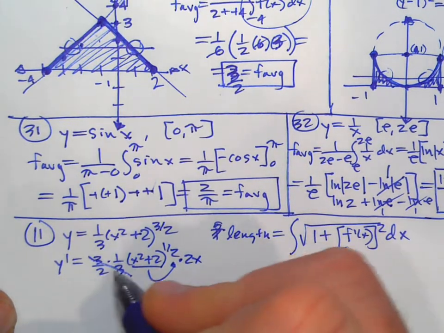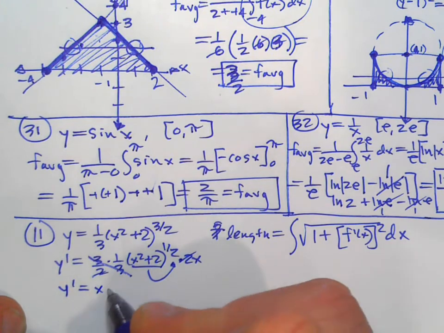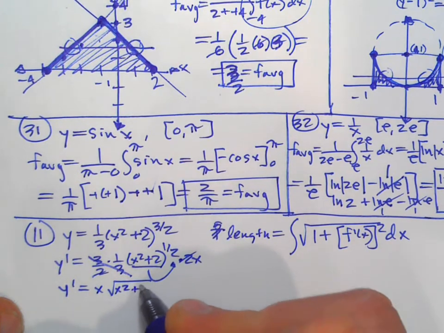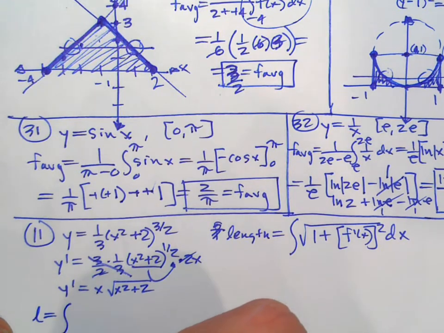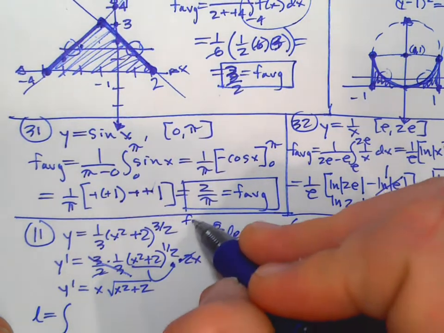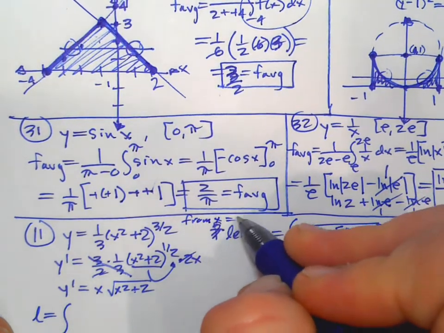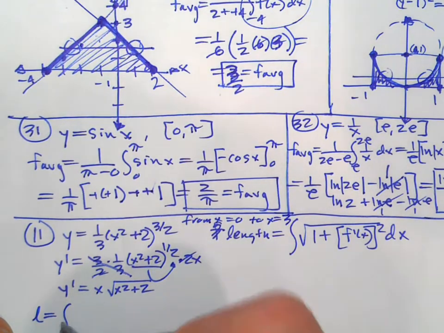Okay, 3's cancel, 2's cancel. So the derivative is x times the square root of x squared plus 2. So we're going to plug it in, our length. Now, they should have told us, oh yeah, from x equals 0 to x equals 3 on this problem. So 0 to 3,